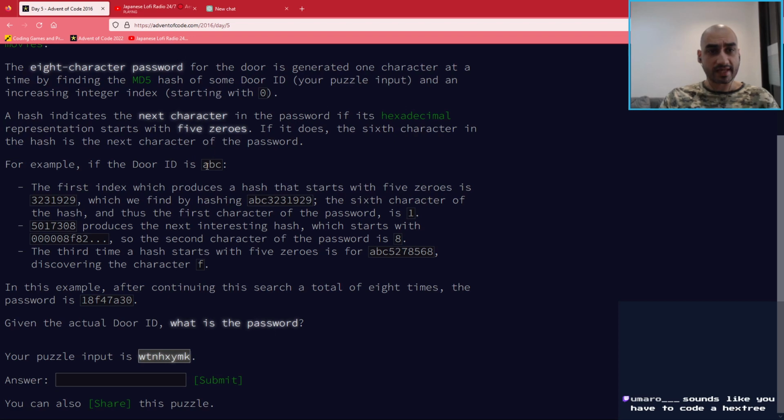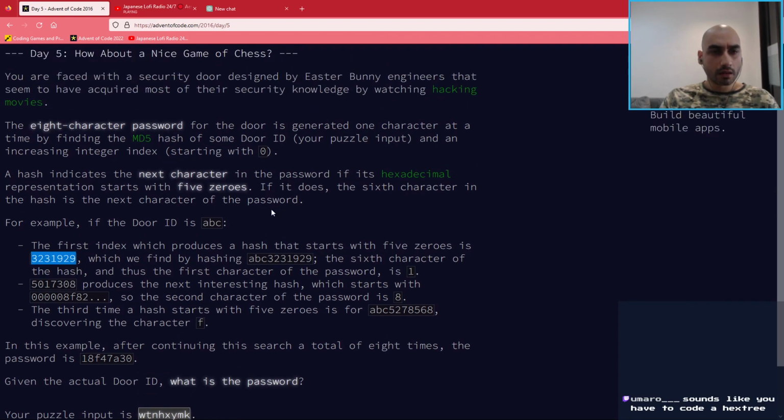Okay, so if the door ID is ABC, the first index which produces a hash that starts with 5 zeros is that. Starting from 0. So we keep increasing until we get to like 3 million? Alright, seems like it might take a long time. Which we find by hashing ABC. So we take the door ID, we put the number afterwards, hash that. If it has 5 zeros, then